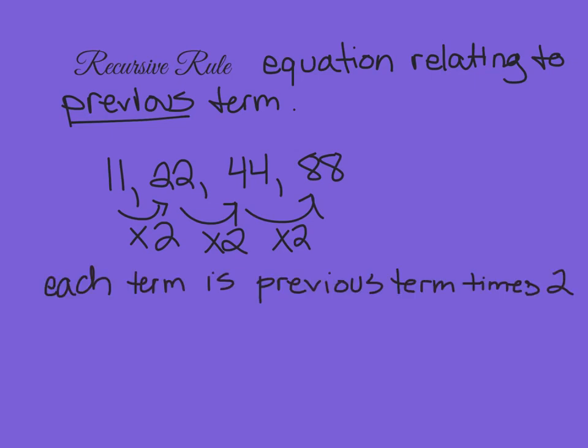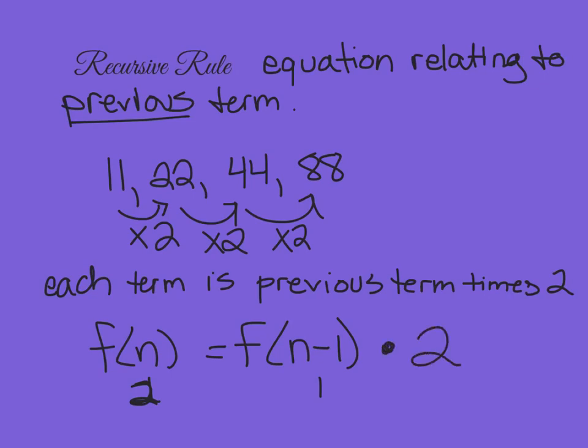So if we're saying each term is the previous term times 2, then each term, f of n, that's our term, equals the previous term, which is written f of n minus 1. Because if I want the second term, then n would be 2, and n minus 1 would be 1, so I would look at the first term, the one before it. Each term is the previous term times 2. So that's how you write a recursive rule, only there's a couple of extra things you have to put in,